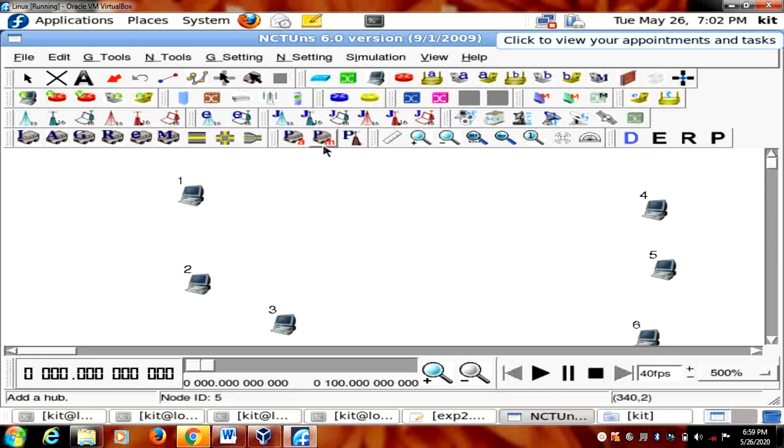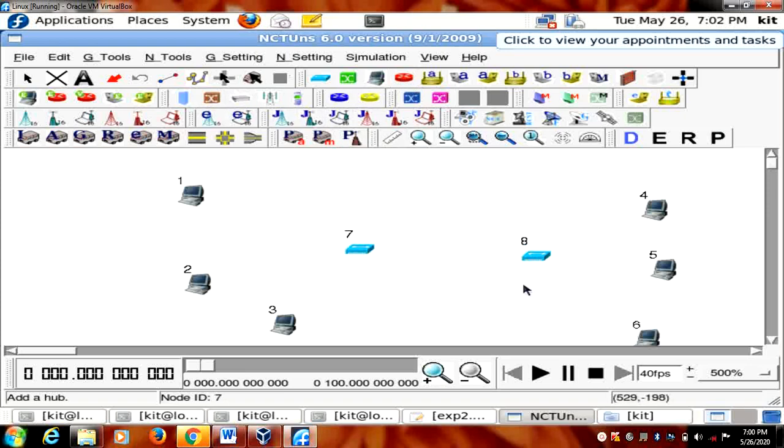So I will take the hub. I will insert it here. It is becoming double. Just click on this. This is also. Go for hub. Smoothly you have to handle like this. Okay, here also take one more hub. I need to interconnect these.